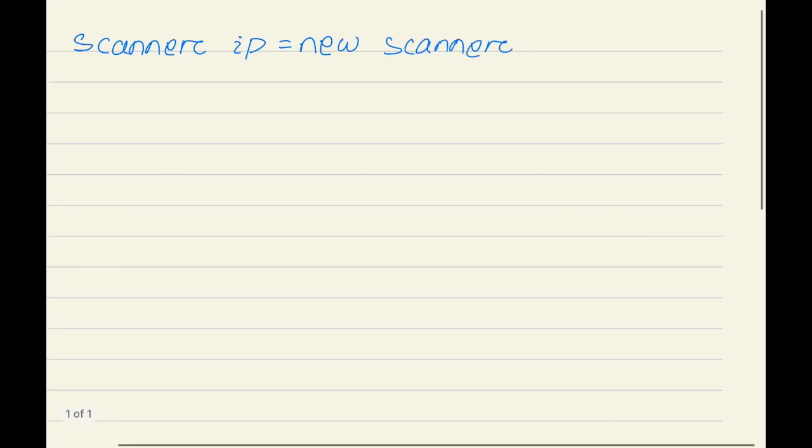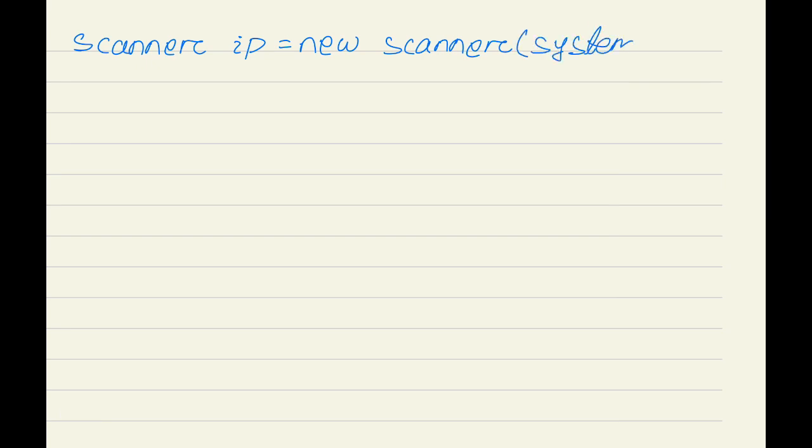Scanner ip = new Scanner(System.in). So this creates a variable named ip of type Scanner.